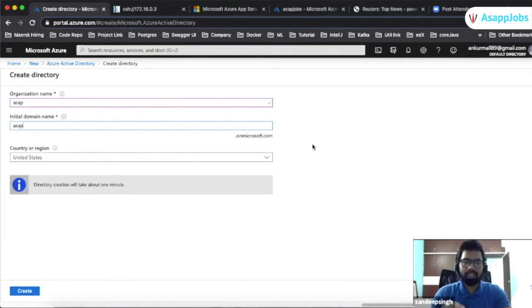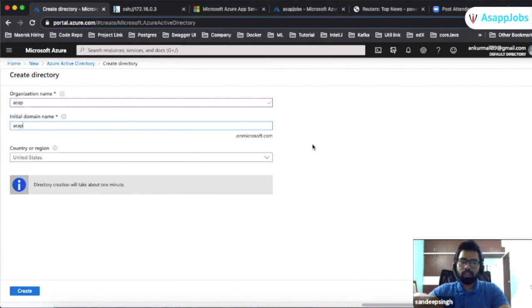If you notice here, it did not ask you for the resource group, right? Because it is not related to the resource group, it is related to the organization. It is at the tenant level. Tenant is very high level. Under a tenant we can have multiple subscriptions, under one subscription multiple resource groups, and under one resource group multiple resources.